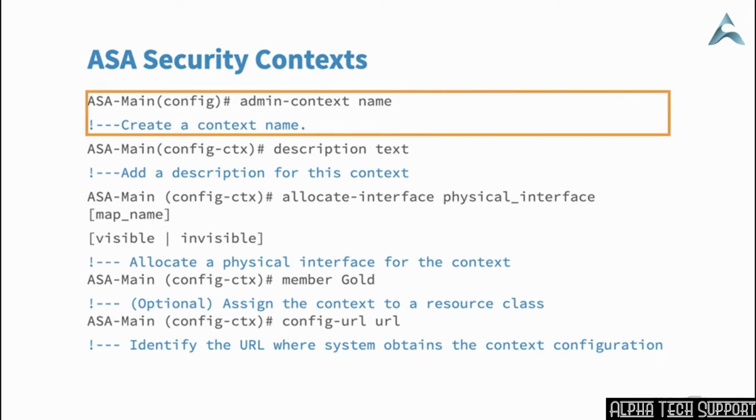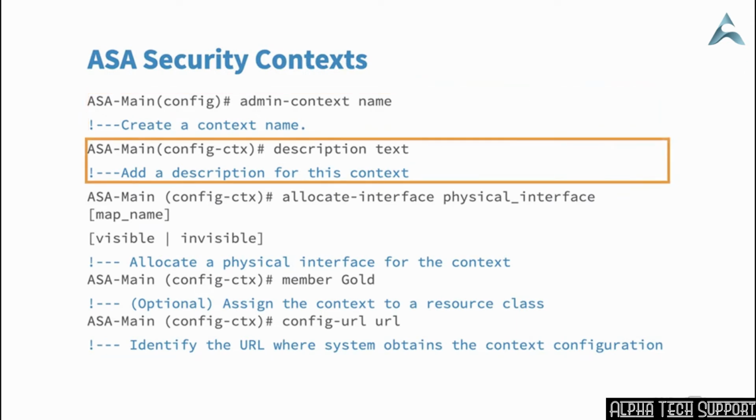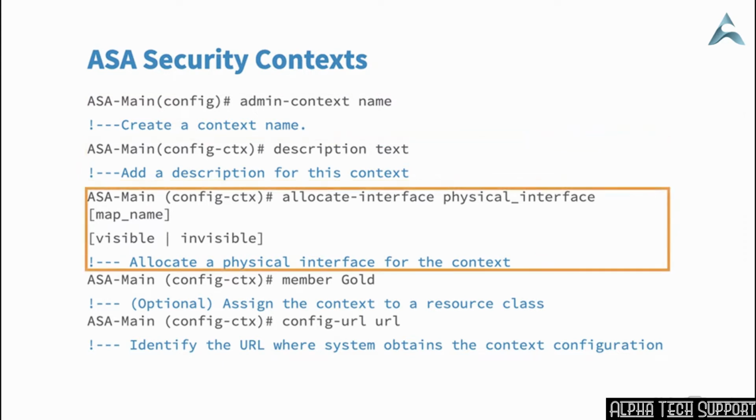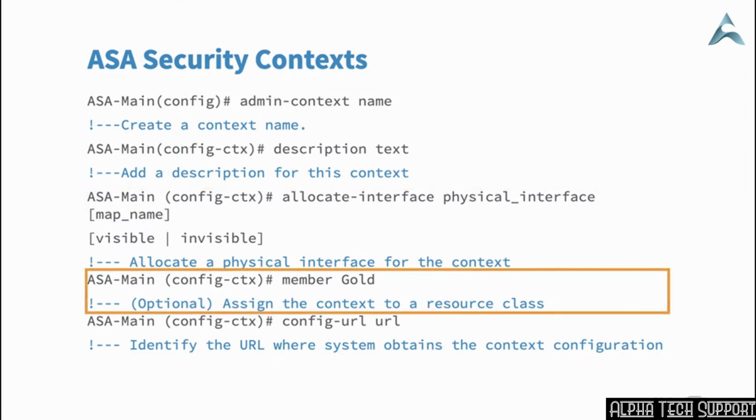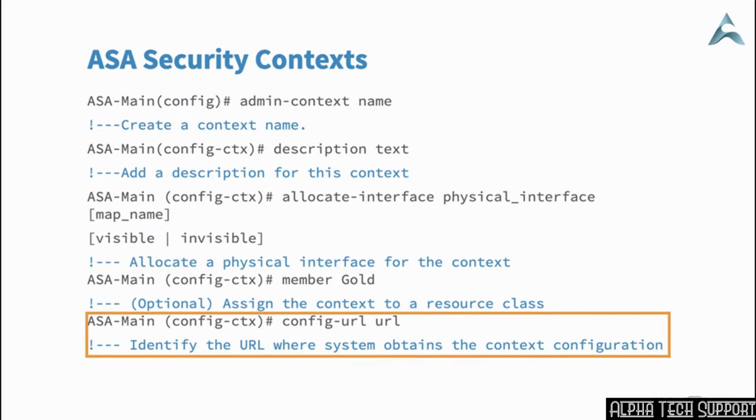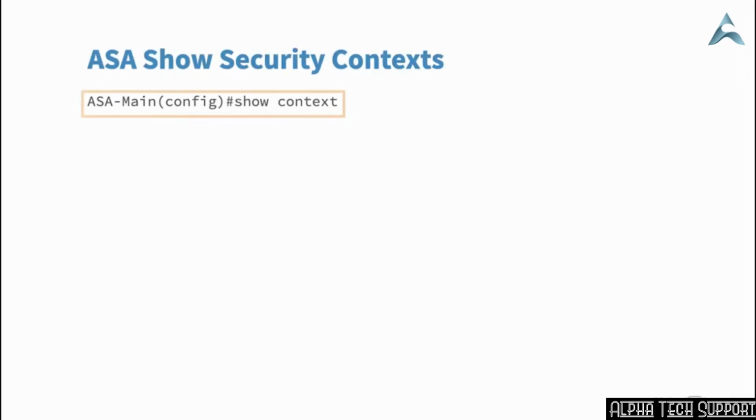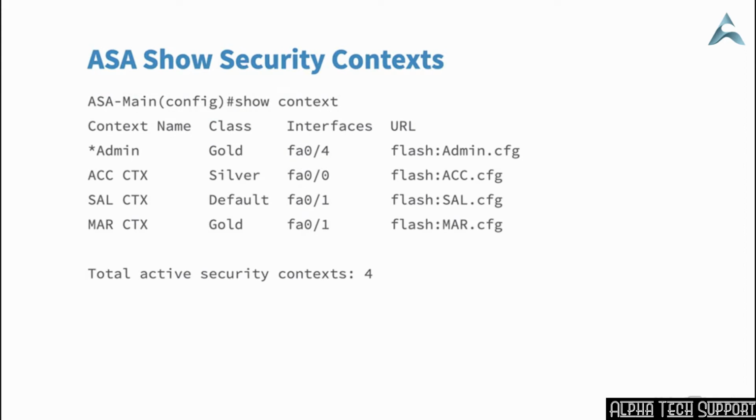First, we'll want to create a context name. And you'll probably want to add a description for this context. Allocate a physical interface for the context, and optionally assign the context to a resource class. And then you'll need to identify the URL where the system obtains the context configuration. We can also use show context and run this command to see the total active security contexts and also identify where